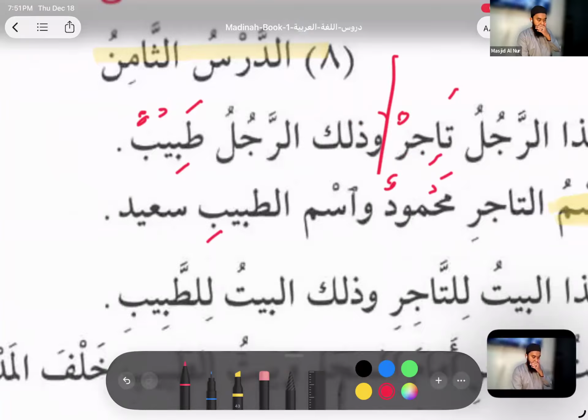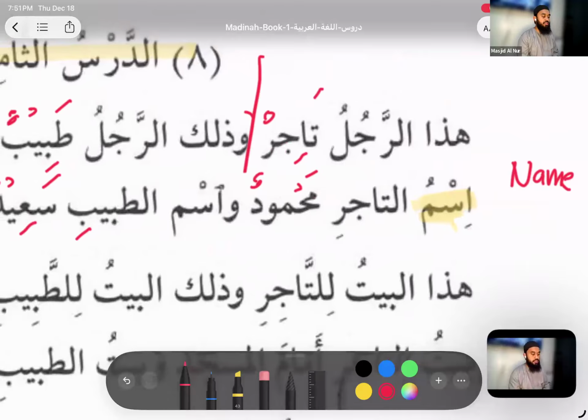Tabibi. Sa'idun. Okay. اسم التاجر محمود. The merchant's name is Mahmoud and the doctor's name is